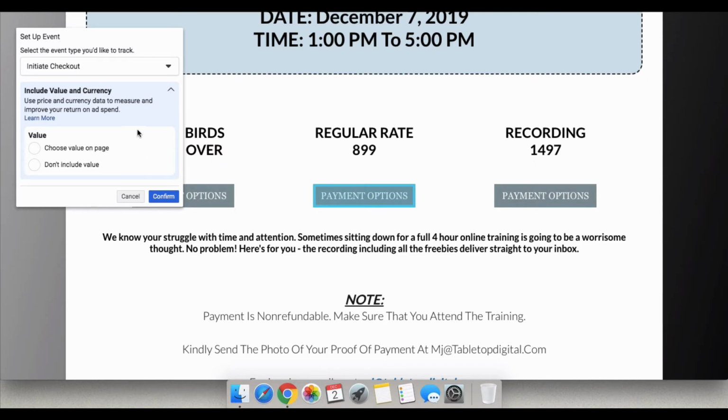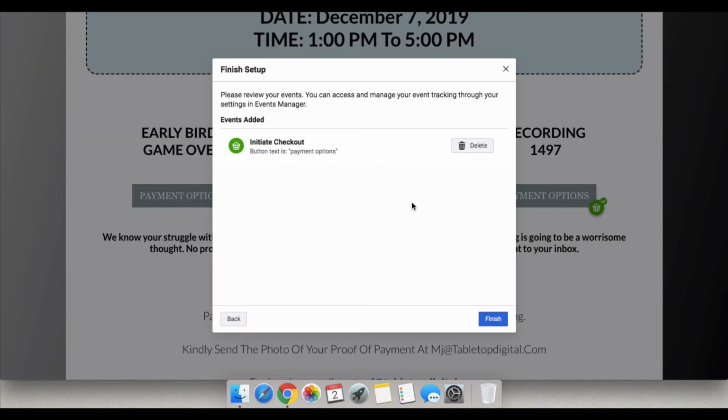So, I cannot put particular or specific value kasi magugulo lang po yung aking record. So, I'll just have to track that someone clicked the payment option button and that will be my signal that someone has initiated a checkout. So I will just have to confirm it. I can say finish